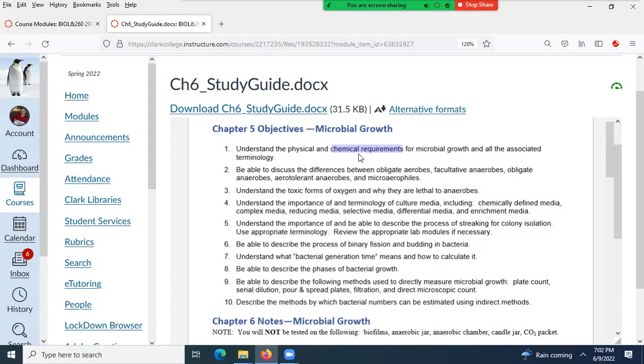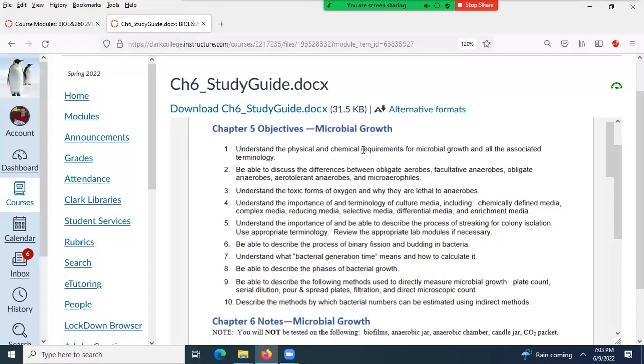And then the nutrients are other chemical requirements, and those would be things like phosphorus, sulfur, sodium. Trying to think of some other chemical requirements. Nitrogen. Oxygen. Say again? Nitrogen. Yeah, nitrogen. That's a very good one. And we have to get that from either the food we eat or the liquids we drink. And that's true for microbes as well. And there are other chemical requirements that they have.